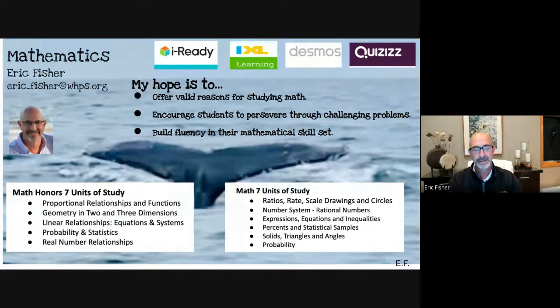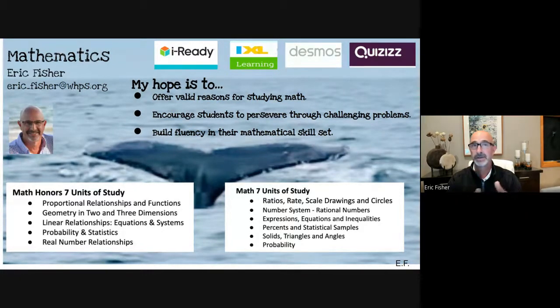So this year in 7th grade, you can look at my screen and you can see the units of study that will cover in both the honors classes and in the Math 7 classes. In 6th grade, these two curriculums overlapped a lot, and in 7th grade, they don't overlap as much. So in honors 7, it's really a preparation for their Algebra 1 class next year. Everything I'm doing this year with your children, the underlying goal is to prepare them for what they'll do in Algebra 1 next year as an 8th grade student.